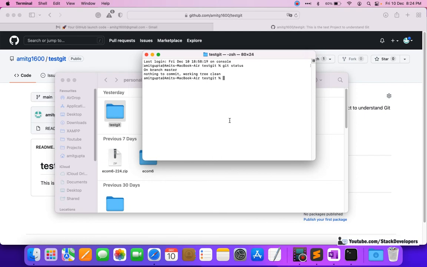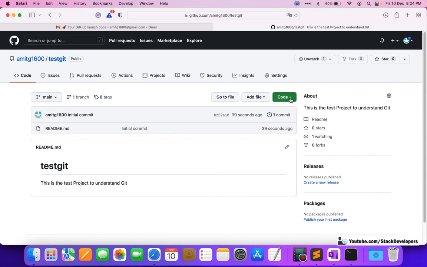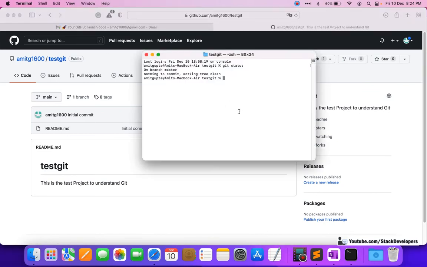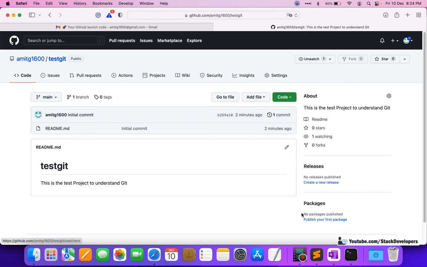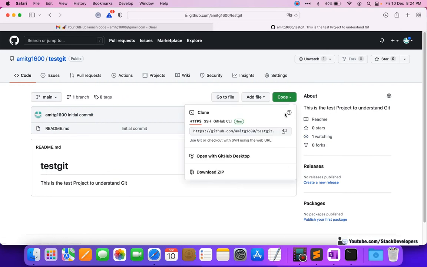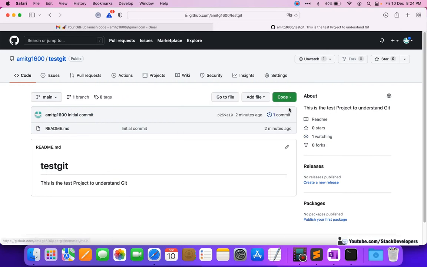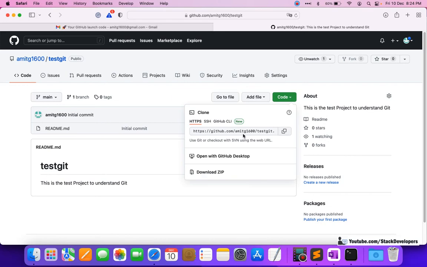So now the only thing is I want to connect my repository, this one, with the offline project, this one. So there is one command I am going to give. You can click here and copy this path from here.